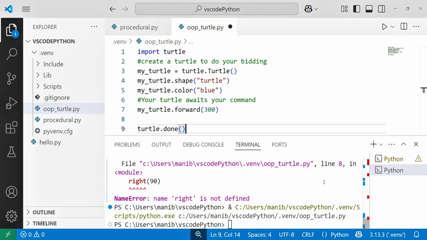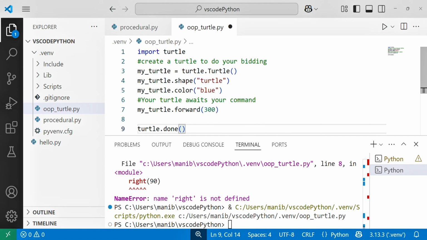So here I have made an object oriented programming turtle Python file. I am importing turtle, and after importing turtle I created my turtle object to do something.